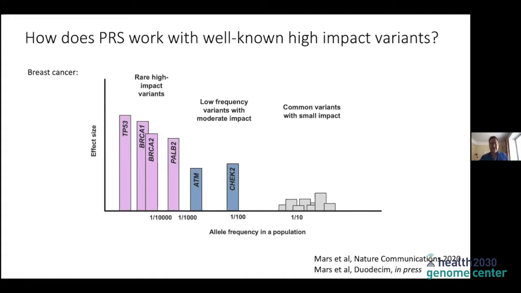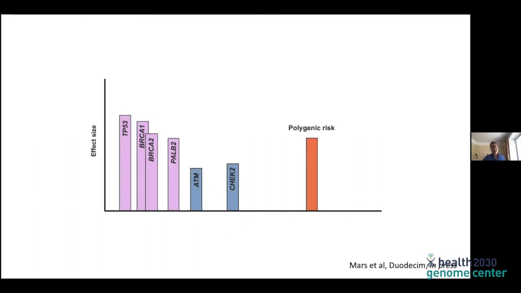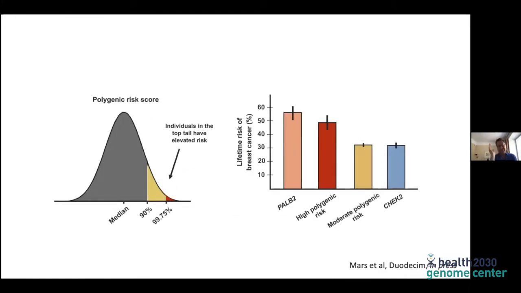And if you contrast them, the allele frequency on the x-axis against the effect size on the y-axis, the common variants identified, there are about 250 common variants identified, as well, on the line. The common variants, as in many other diseases, have much smaller effects. But when we start putting them together into these scores, suddenly, also in breast cancer, we have a comparable tool to measure the risk with some additional properties. So one of the questions that we've been looking at is, if we look at the polygenic risk score for breast cancer, where do we go if we want to have a comparable risk to the well-known high impact